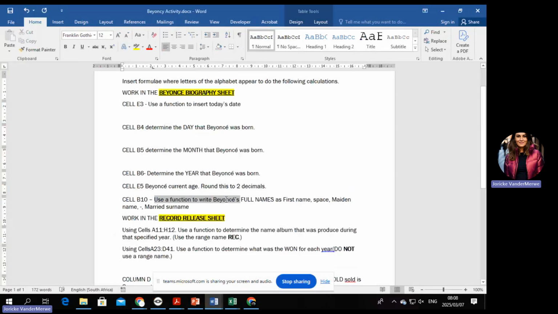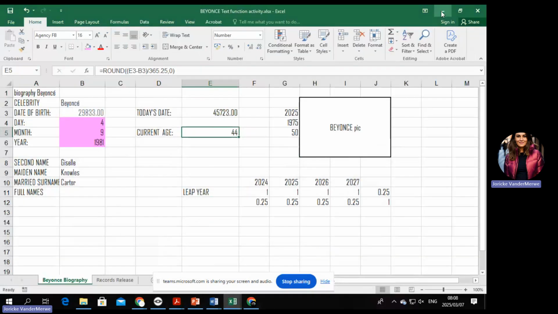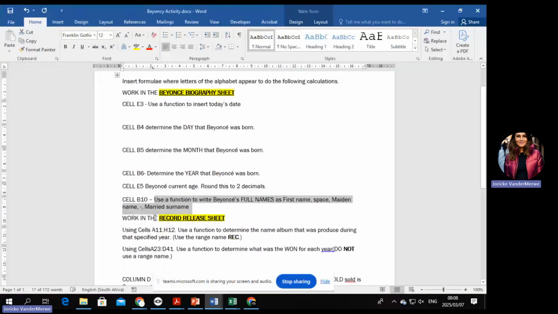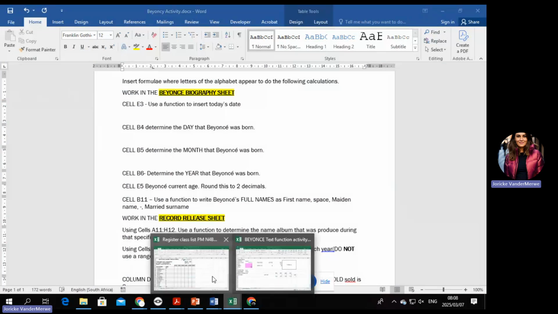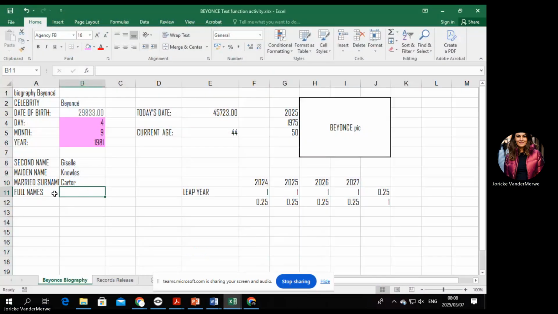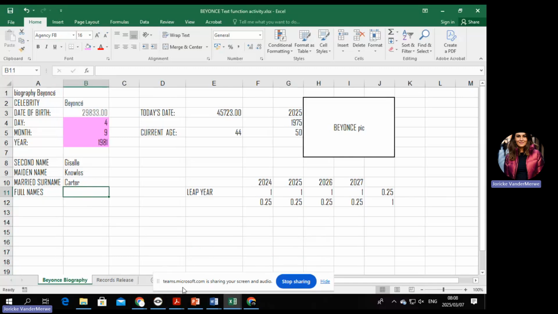Use a function to write Beyonce's full names as the first name, space, maiden name, married name. Okay, and that we're going to do in B10. Actually it should say B11. Just change that to B11 for me, please, because otherwise if we're working in B10, it's going to give us some problems. Okay, so now what we're going to do is, remember when we have to put different things